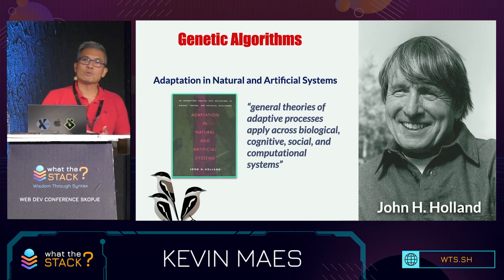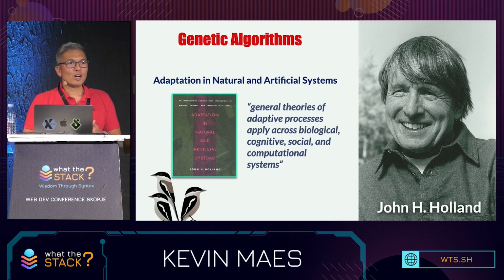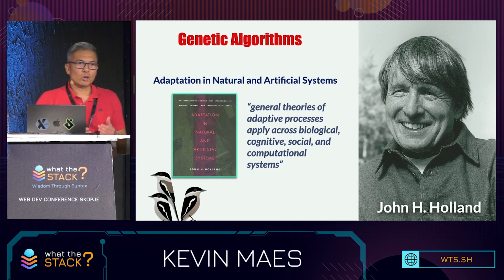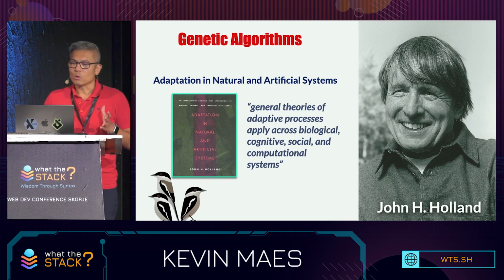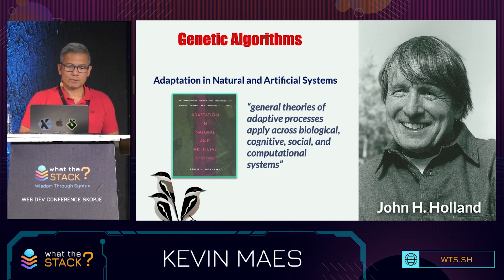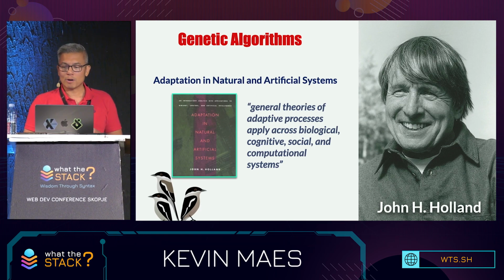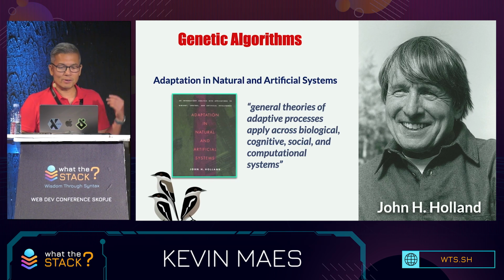There was a computer scientist named John Holland, and he was also a professor at the University of Michigan. And he was inspired by Charles Darwin's theory of evolution by natural selection. Now, his work basically tested to see whether biological evolution could somehow be applied to artificial systems or computer programs in order to make them more adaptive and intelligent. In 1975, he wrote his groundbreaking work, which detailed the theory and practice of GAs. This combined biology, computer science, math, and more to solve optimization problems. Holland is known as the father of genetic algorithms.